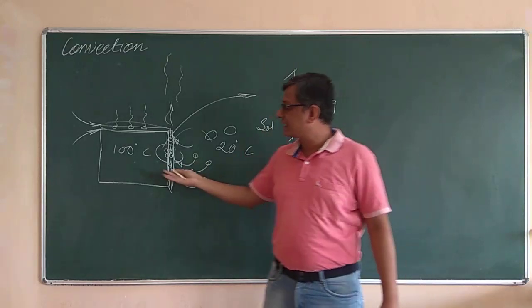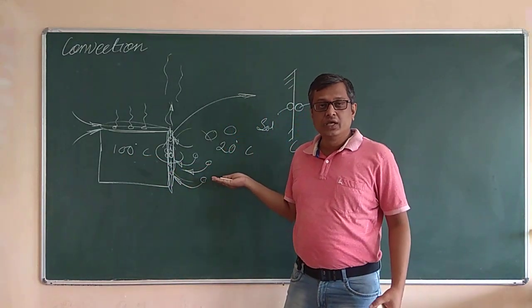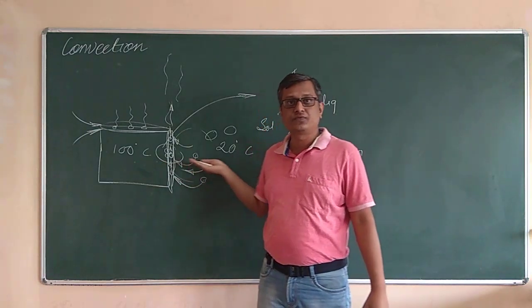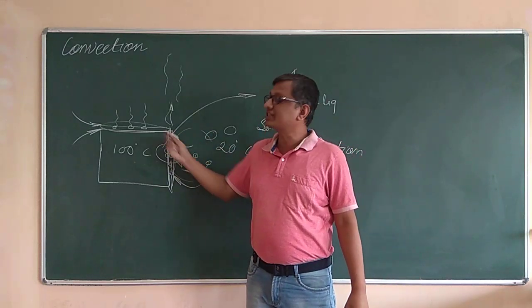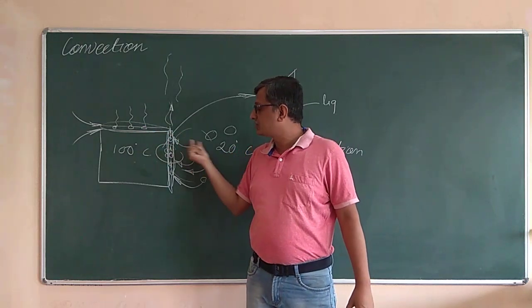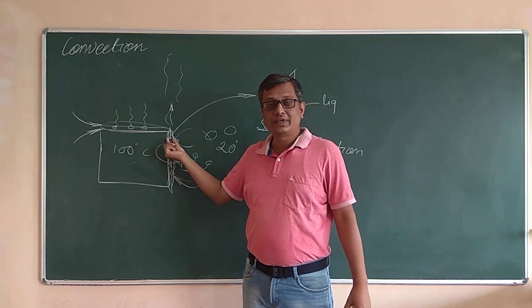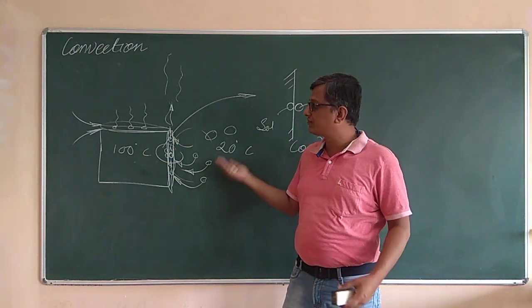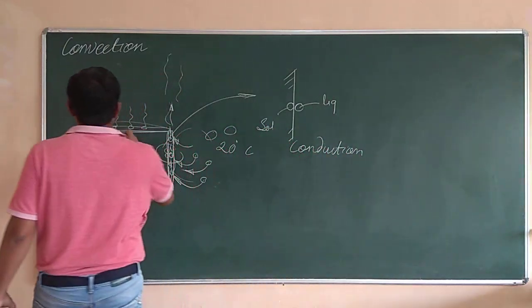Now in this case we have taken the object at higher temperature and the fluid at lower temperature. If we take it in the reverse way, the object at lower temperature and the fluid at higher temperature, then the fluid will come close to it and reject the heat to the solid, which gets heated. The fluid molecules, after rejecting the heat to the solid block, will become dense and start to move down. So in that case the motion of the fluid molecules will be different, right? So this is what convection is.